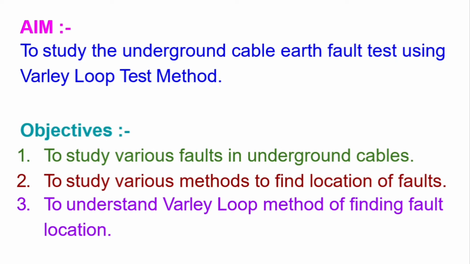This method is used to locate earth faults and short circuit faults of underground cables even under high resistance faults. Now we spoke about the two different methods, so what is the difference between them? In the Varley loop method, the total loop resistance involving the cable is determined experimentally and we are not depending on any assumed value of resistance per unit length of the cable. The second difference is that the ratio between arms P and Q is always fixed, because we are following the Wheatstone bridge technique, correct?